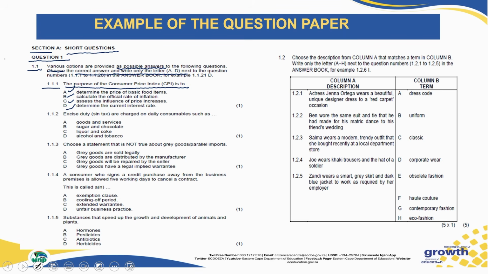In A, the response is to determine the price of basic food items. In B, to calculate the official rate of inflation. C, to assess the influence of price increases. And in D, to determine the current interest rate. And the correct response there is B. So you need not write the response again, just write only the letter and only one letter. You'll be doing that, grade 12, from 1.1.1 to